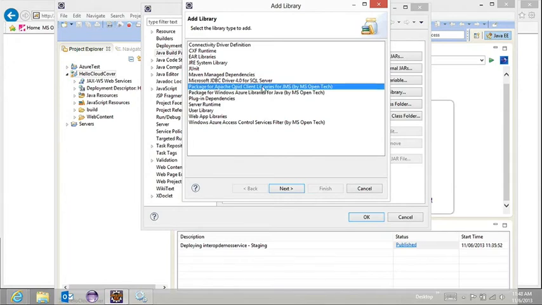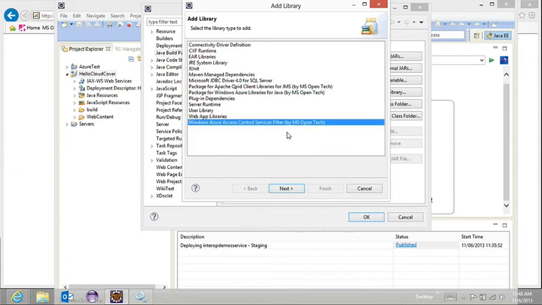Another one you can use easily is the Apache Qpid client. This is for taking advantage of the AMQP functionality in Windows Azure Service Bus. This is the Windows Azure libraries for Java that I showed you before. You can also get them from the plugin as a library, self-contained, all in one, because it's got a bunch of dependencies. And last here, this is an ACS filter, which basically enables you to do codeless authentication